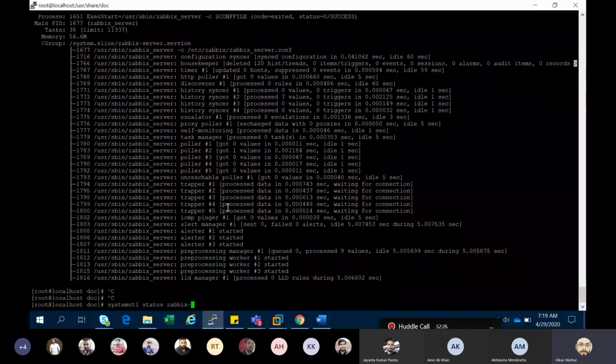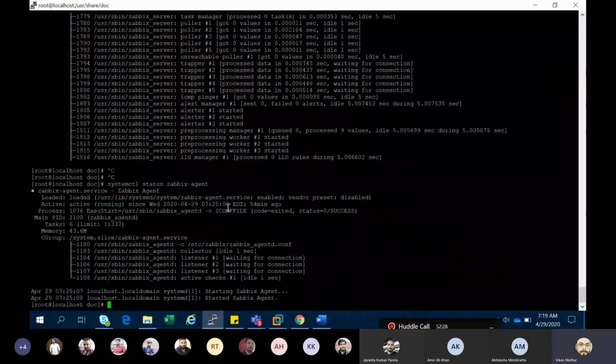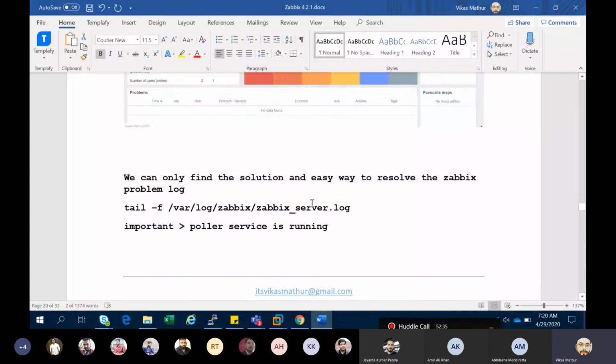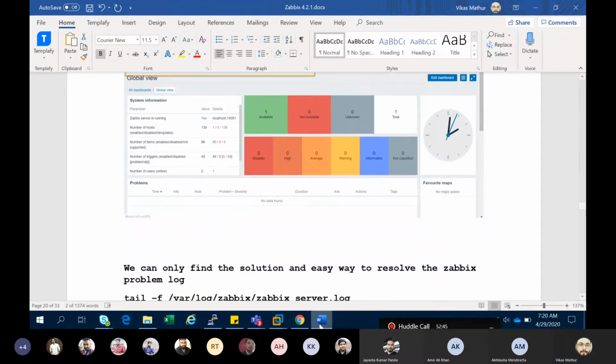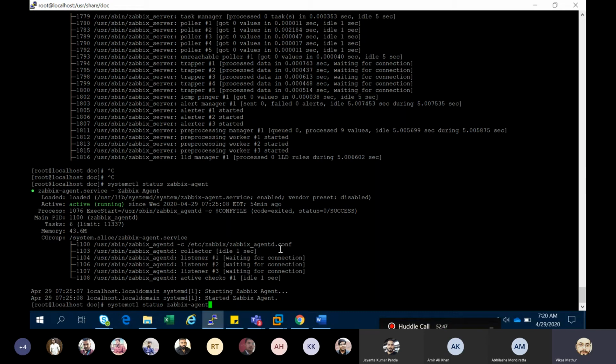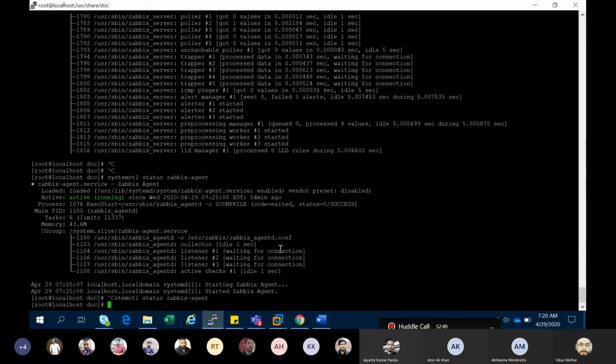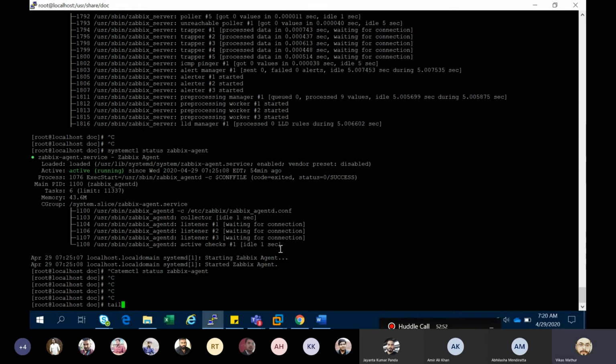If I want to check my agent, it is also working, started. So after doing these things, if we want to find any type of error, mistakes, or issues, the best way is to check the logs. This is the command where the whole log configuration is present for Javix.